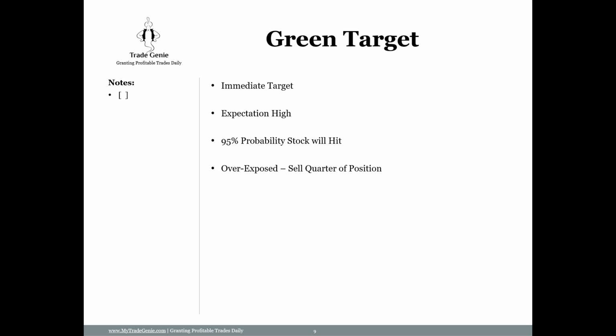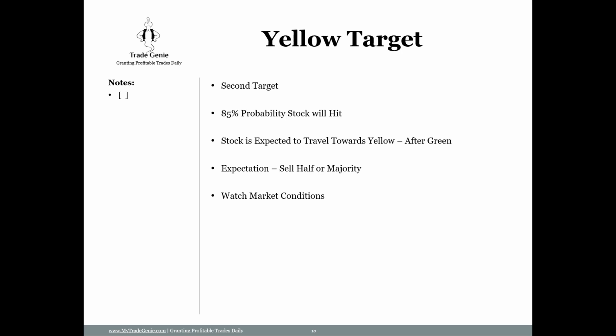You could be selling some because you may be overexposed, so you have a bigger position, so you may sell a quarter of a position at the green target. It so happened that instead of buying 10 contracts, you ended up buying 15. You were not supposed to, but you did. So now you're overexposed, and you say, okay, I need to lighten up on this one. So maybe you sell 5 contracts at the green target, so you come back to your desired exposure in that position. So that's the green target, the target which is expected to hit with high probability, like 95%.